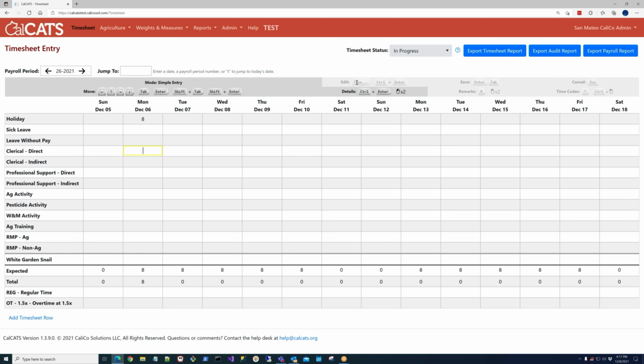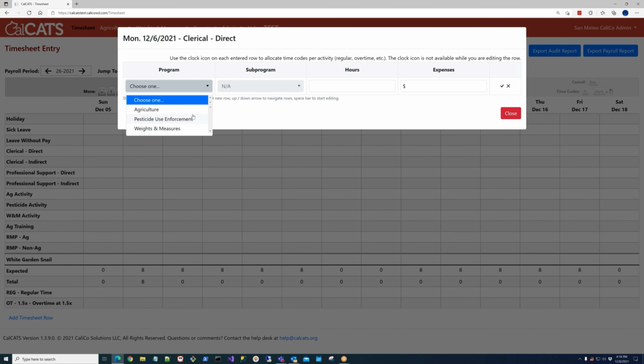And you'll see that that edit highlight went away. That means it's telling me I can't type a number directly in here. What I need to do is go to details and either hit Control Enter or double click in that cell. So if I try and type a number, it's not going to let me. And so I either have to double click that cell or hit Control Enter, and now it's going to pull